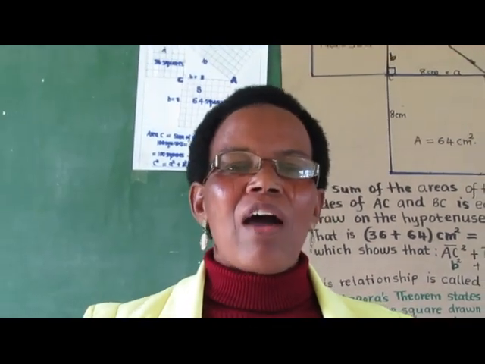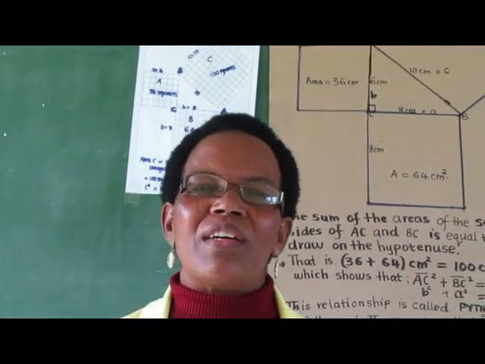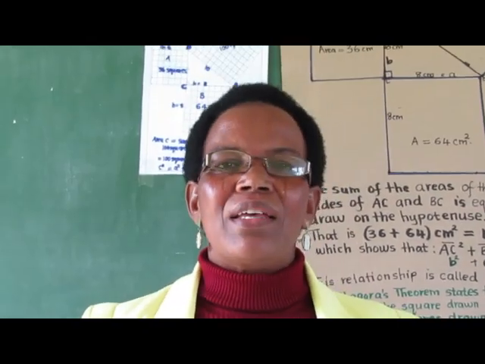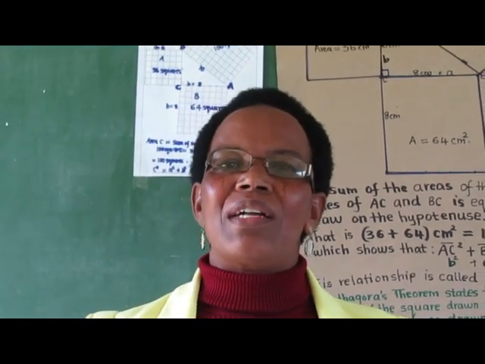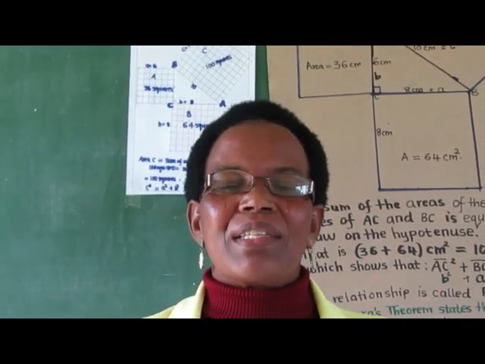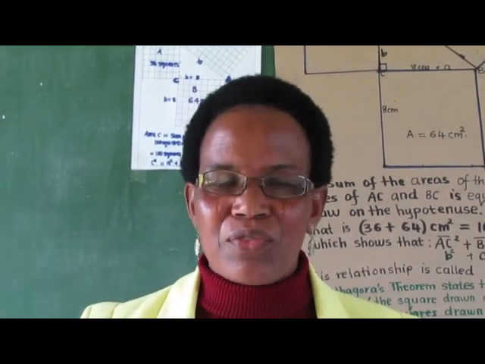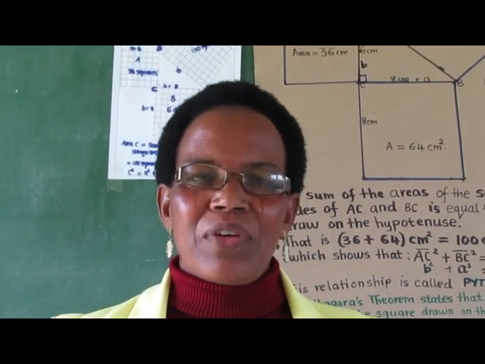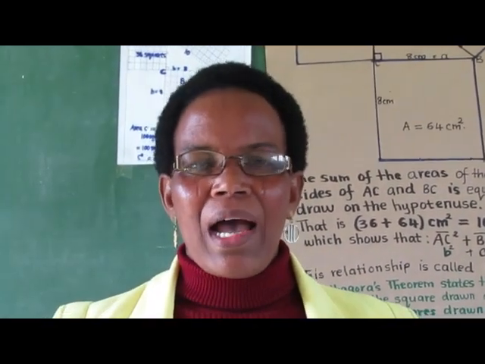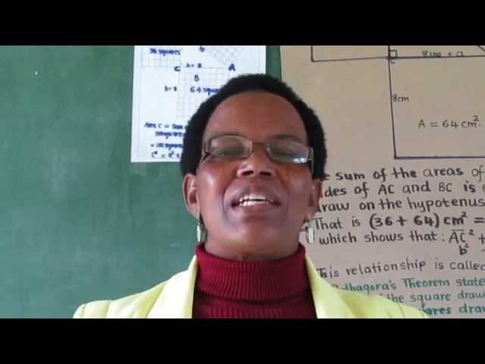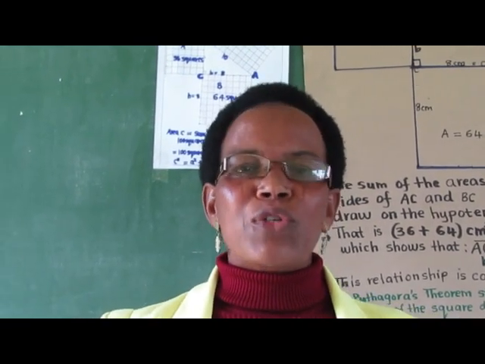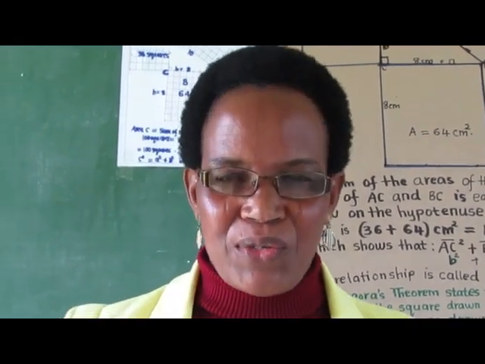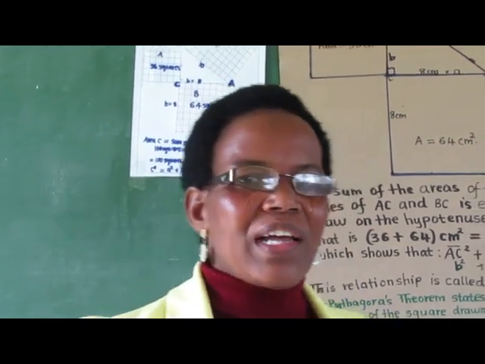Good. Now, after knowing the definition of a theorem, let us go straight to our lesson. Today we are going to derive the Pythagoras theorem. The Pythagoras theorem can be derived from a right-angled triangle. Who can define a right-angled triangle? A right-angled triangle is a triangle in which one of the three angles is equal to 90 degrees. Good. Now, let us come to our discussion.